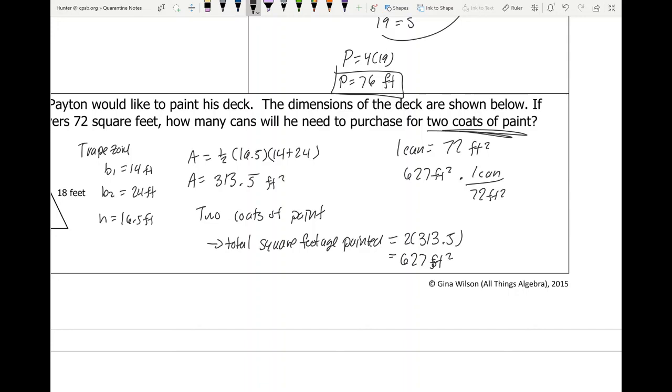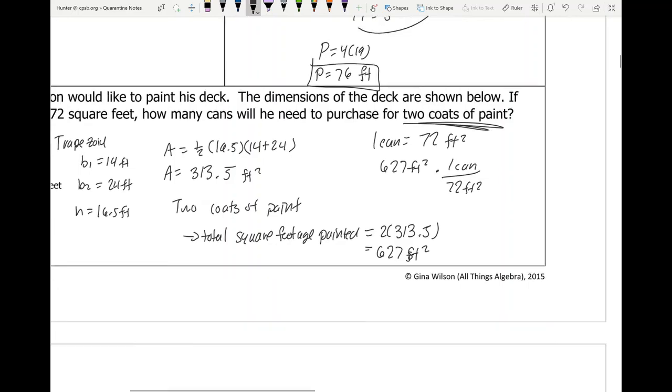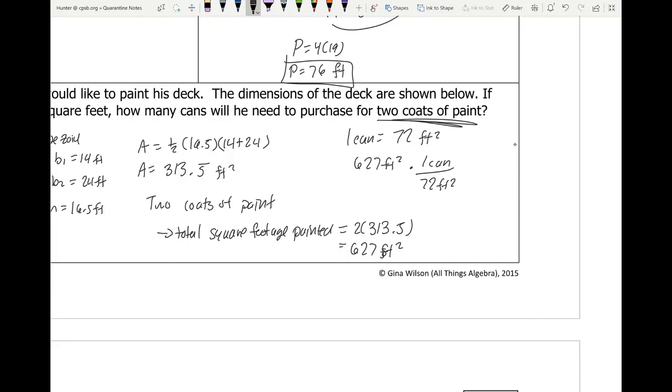So essentially what I'm going to do is take our total square footage and divide by 72 feet squared, and this will give me the amount of cans that I need. So this is just 627 divided by 72, which is